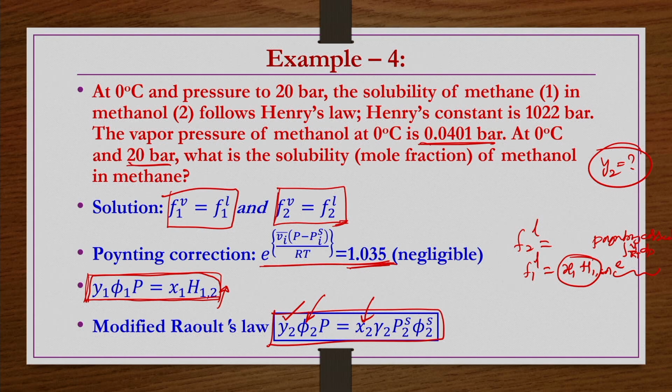Here we can see that V1 bar infinity is not given, right, and then for H12 the pressure correction is needed only up to 20 bar. So, that is not far away from the 1 bar basic value. So, that way also it is not required. So, that is the reason that correction we have taken. And then here in this case the exponential Poynting correction 1.035 is coming. So, that also is not taken. So, we are not blindly striking off, we are striking off these two terms logically, just simplifying.